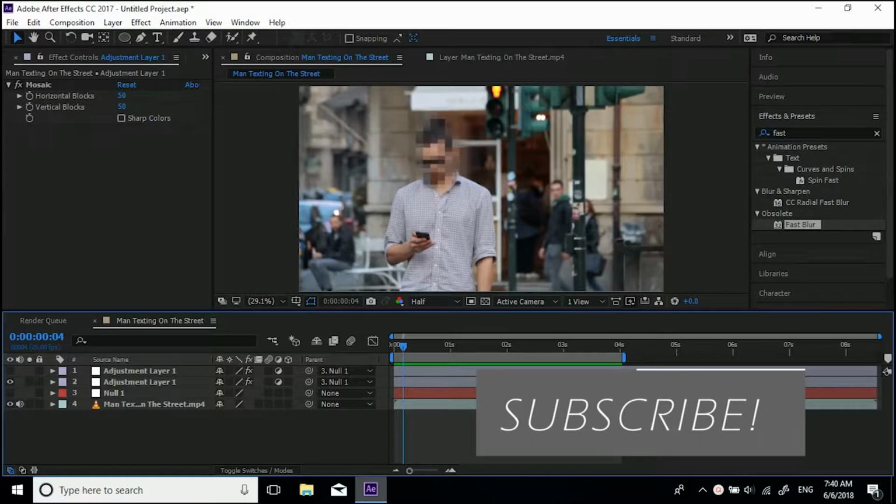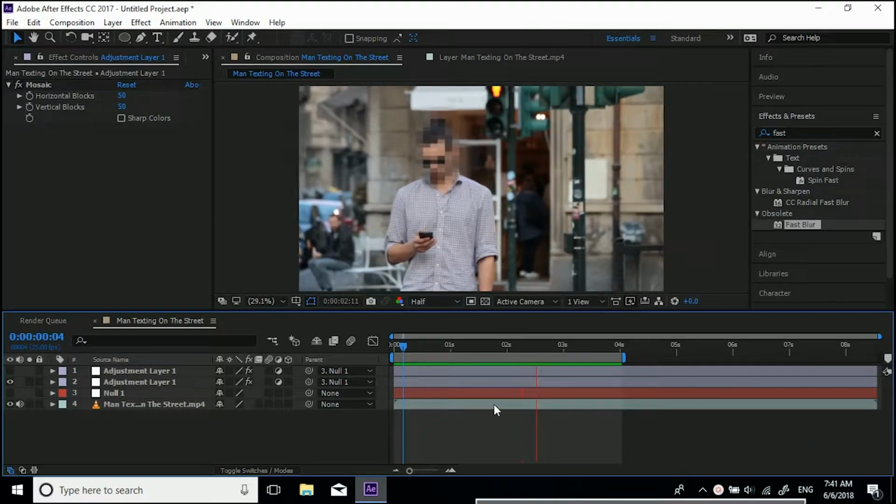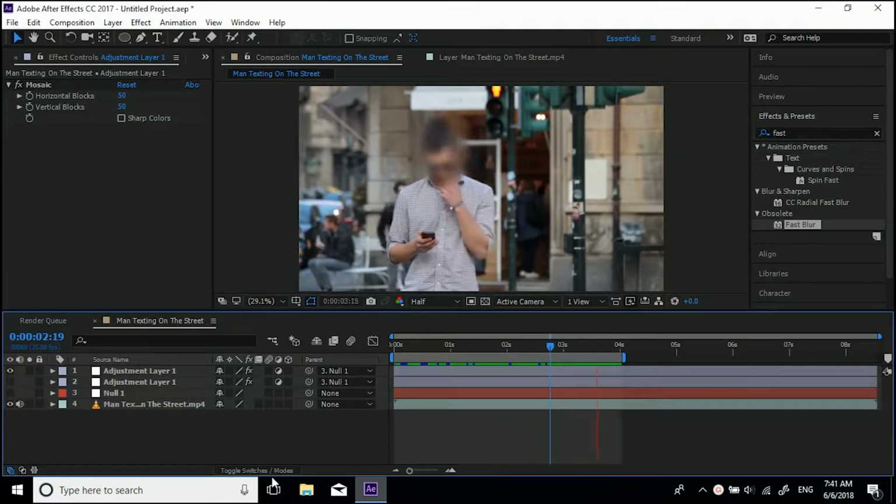Now in this tutorial I'll be showing you how to blur or pixelate a face inside of After Effects. So we'll be working with this simple piece of footage, and this is a version where I've just pixelated it, and then there's a version where I've blurred it like so as well. So if you have someone you want to kind of blur in your footage, this is the way we'll be